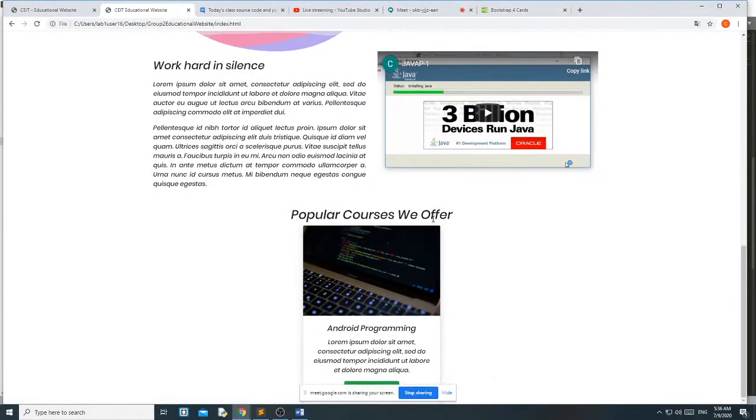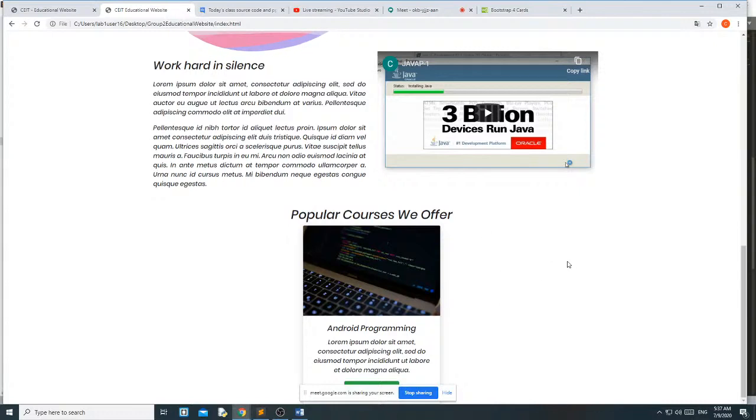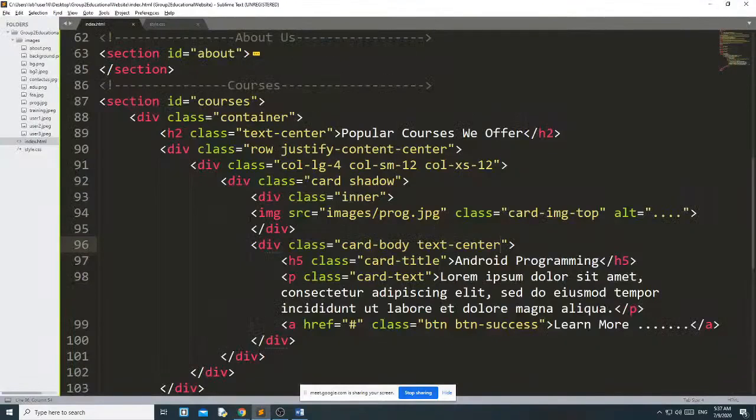See, justify-content-center means that you have only one card till now and it comes to the center. Previously it was on the left. Okay, and text-center means all this text becomes centered. Now I will add another 2 cards. Then what do I have to do?